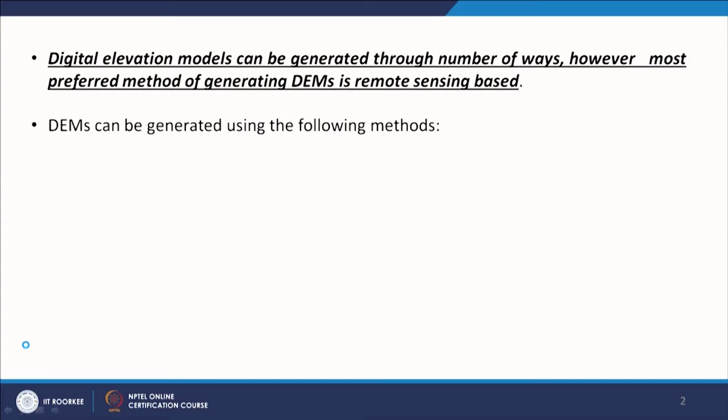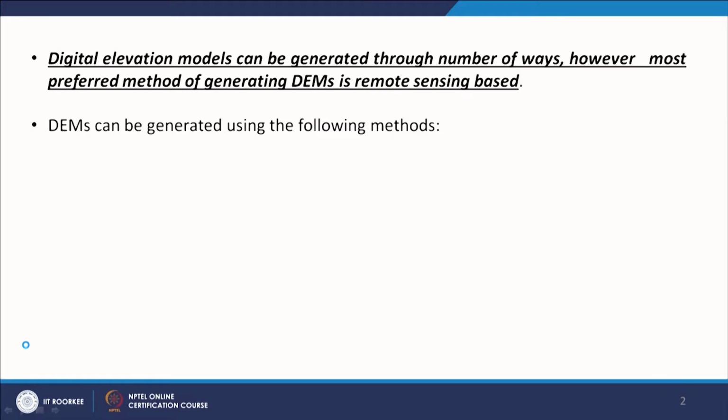In part 1 we discussed mainly the various types of techniques to generate digital elevation models. After that, we focused mainly on how we can employ survey toposheets to generate digital elevation models using the spatial interpolation technique of GIS. But here we are going to focus more on how radar remote sensing can be employed, and then we will see what the limitations and advantages are.